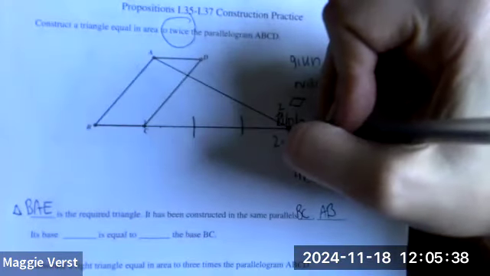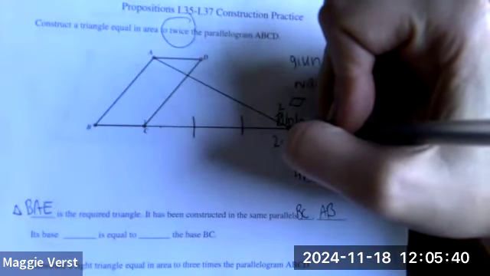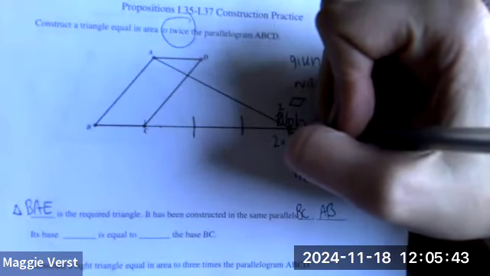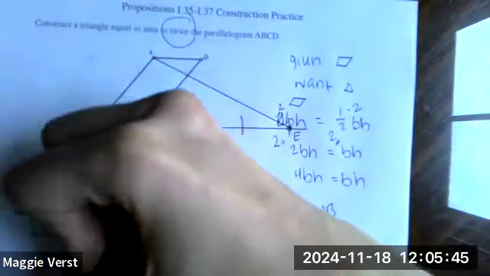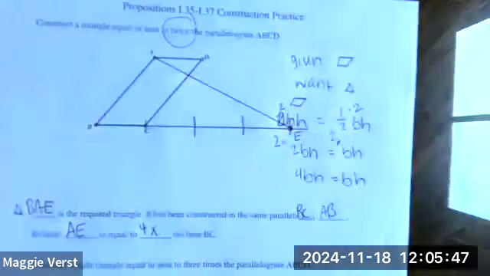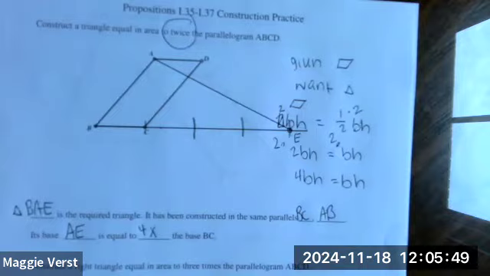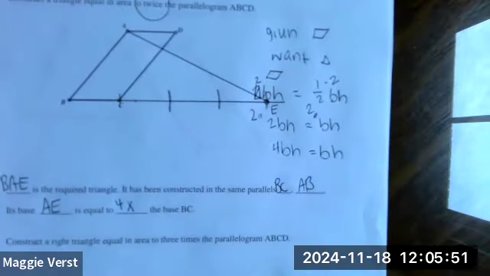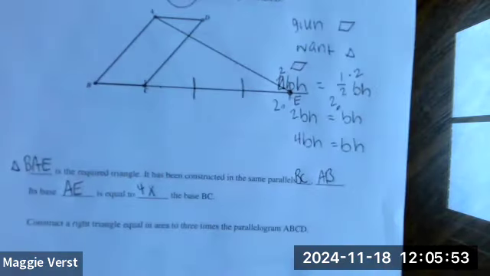Its base AE is equal to 4 times the base BC. So it's 4 times the base over there. All right. So if I do another one, it says construct a right triangle